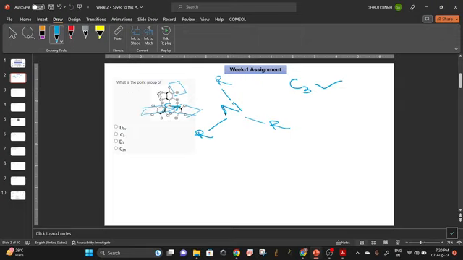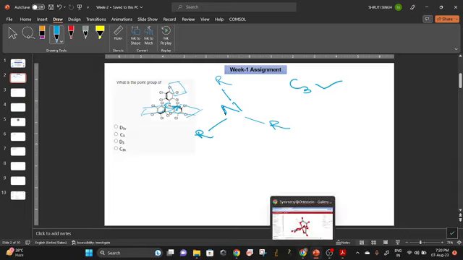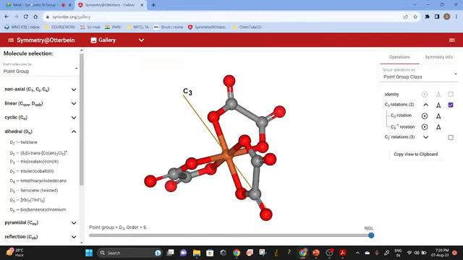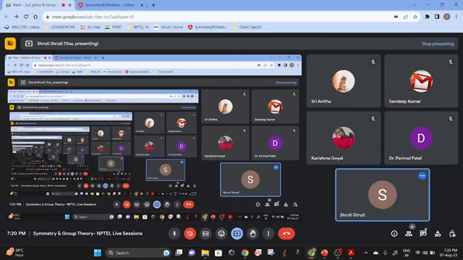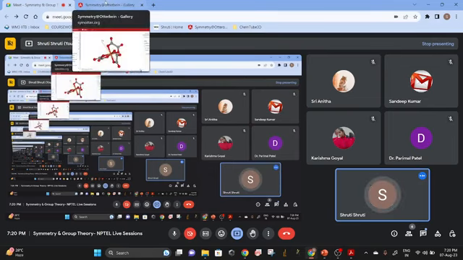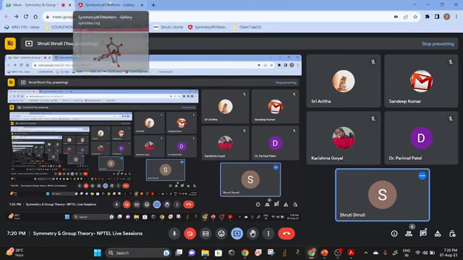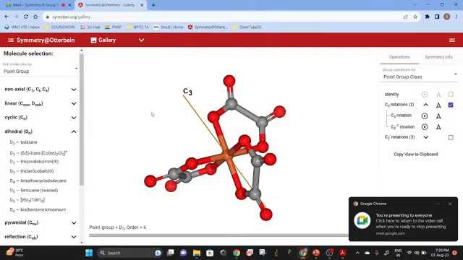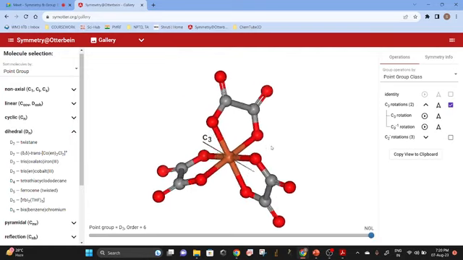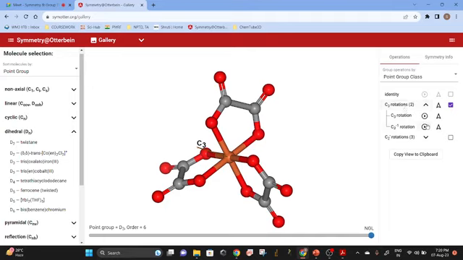Now it is asking the point group. So is the point group only C3 or is there anything else? Who solved this question? Karishma, did you solve the question in the assignment? No, ma'am, I was having a doubt about the C2 axis. C2, okay, yeah, it's difficult to visualize. Let's see.